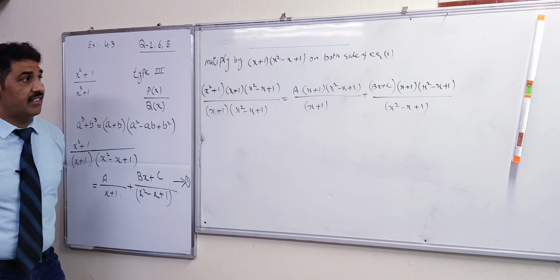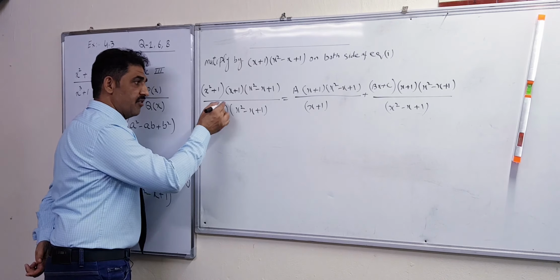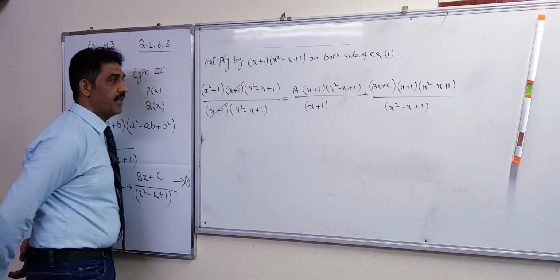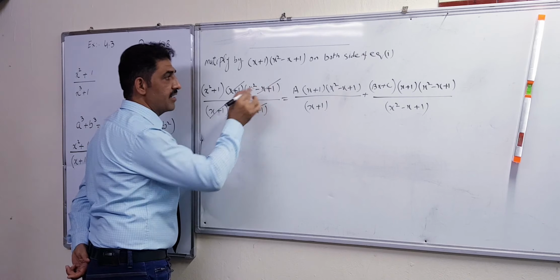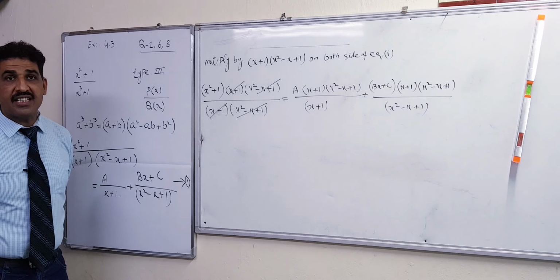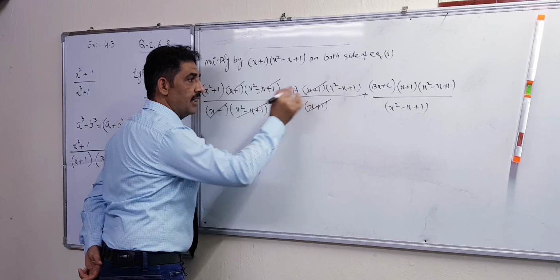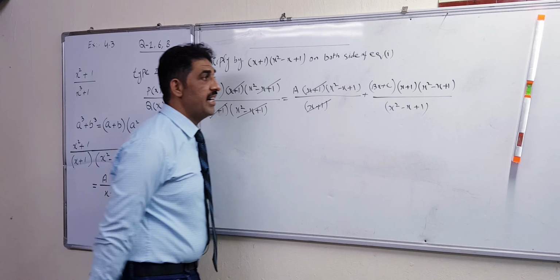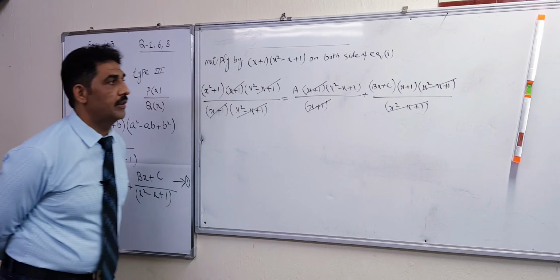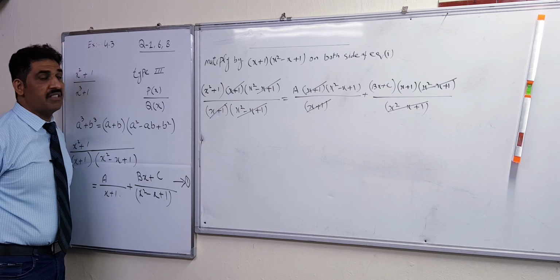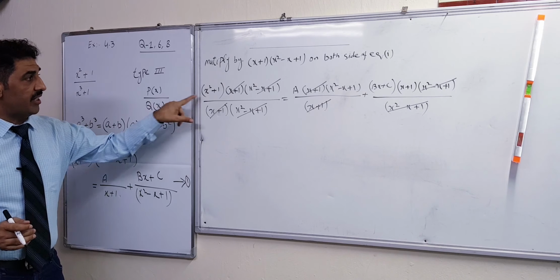Right? After that, check what the cancellation of that one is. So x plus 1 cancels by x plus 1, and here x square minus x plus 1 also cancels. So what is the cancellation of the second term? X plus 1 cancels by x plus 1, and here what is the cancellation of that one? You should take a notebook and write along with me, so it's clear to you. So what is remaining from the first?